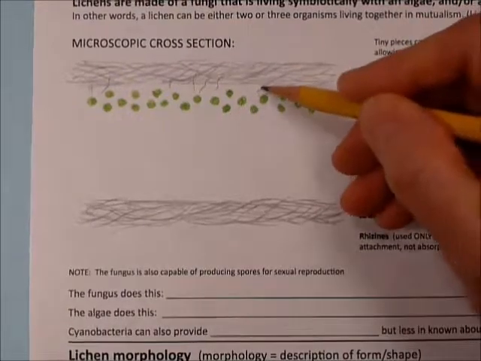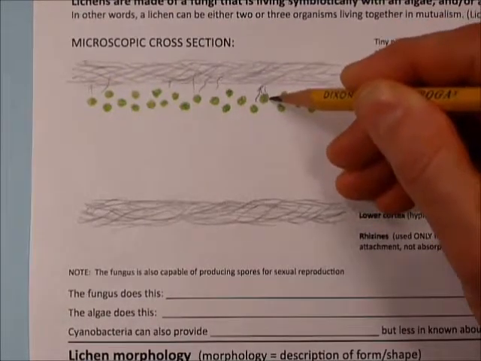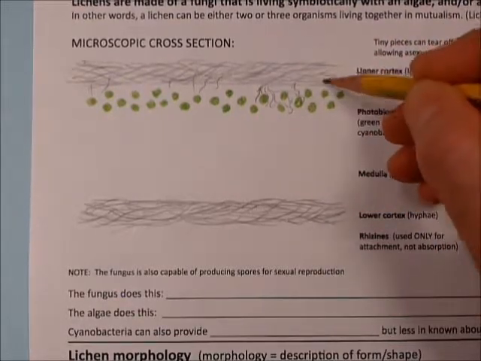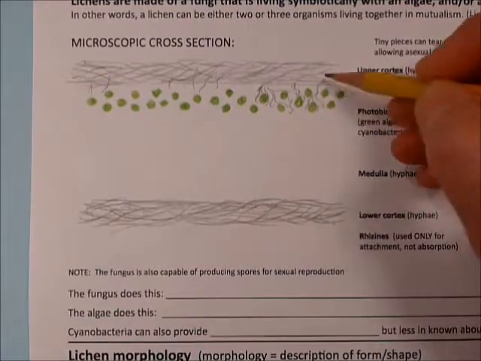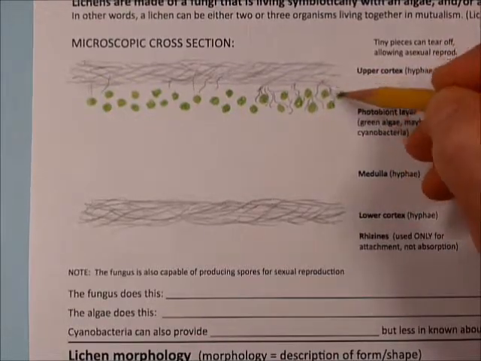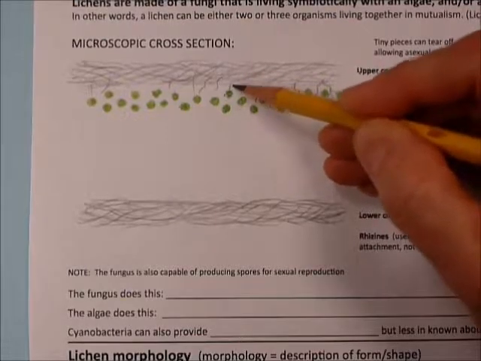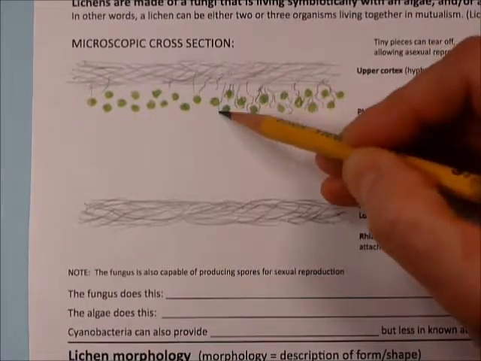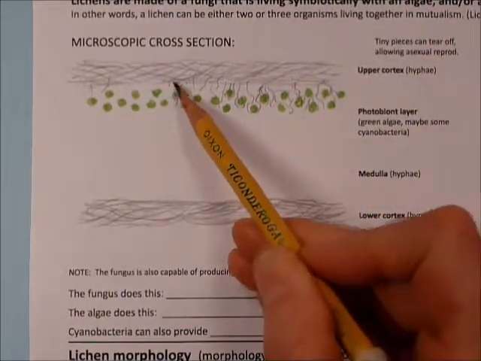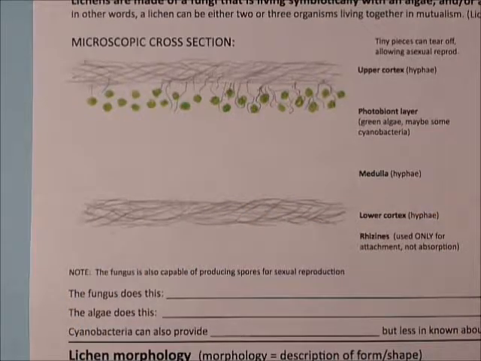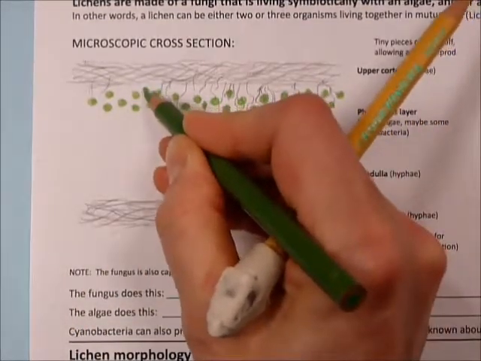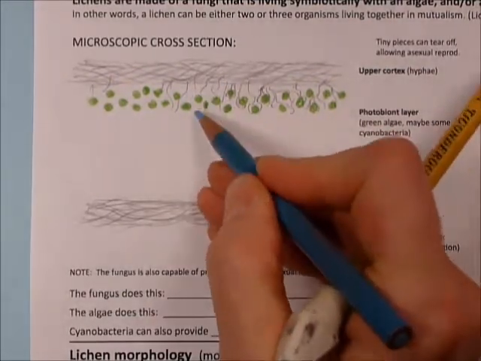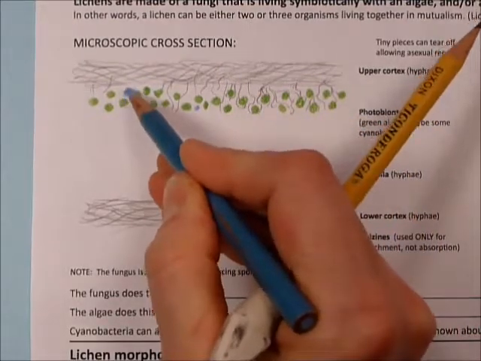So we want to take these little hyphae things and wrap them in and around these algae cells. And they actually touch. The hyphae wrap around. It's like it's hugging them. We'll draw a close-up in a minute. And you could put more of these in if you want to. You can also, if you'd like to, put in a different color. This is a diagram, so you don't have to worry too much about different colors. You could put in blue, maybe this one actually does have some